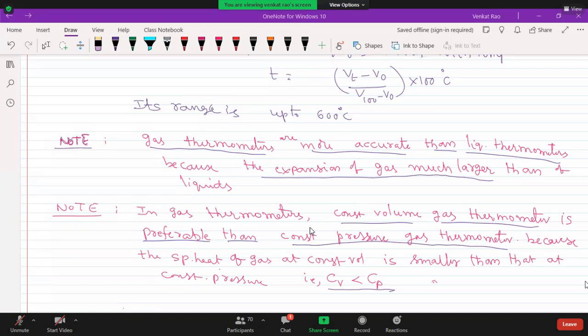So it increases linearly: when the temperature is doubled, x is also doubled; when the temperature is tripled, x is also tripled, because it is 0 at T equal to 0. X is proportional to T, or x by xtr equal to